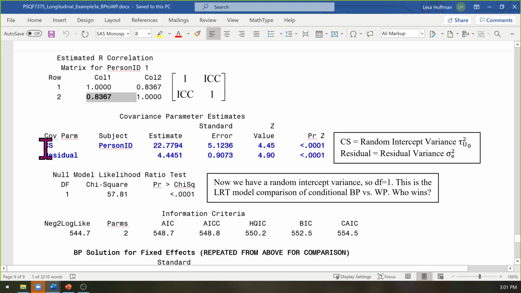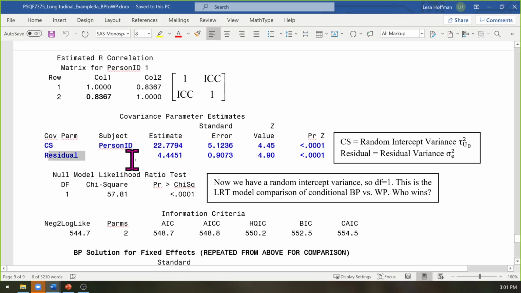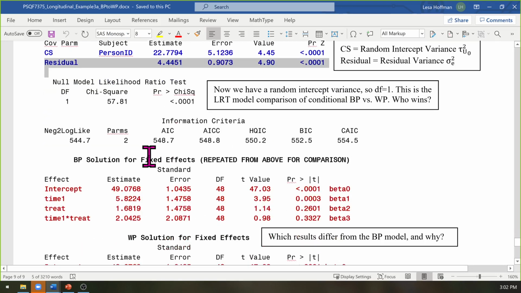So what has happened is that we still have a lot of random intercept variance left. It's 22. It's actually more than it used to be. The reason for that I'll explain in another week or two, maybe more. And residual is down to 4. So of the two piles, they've been explained differentially. There is relatively more between-person variance left than residual within-person variance.